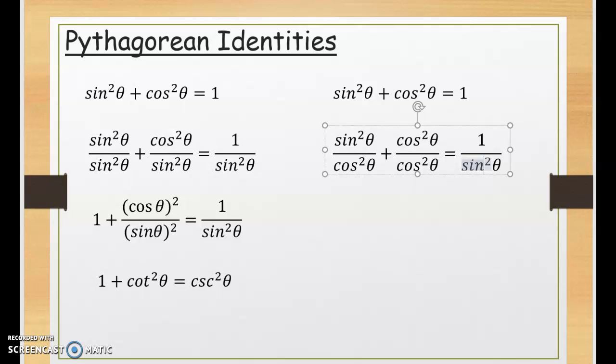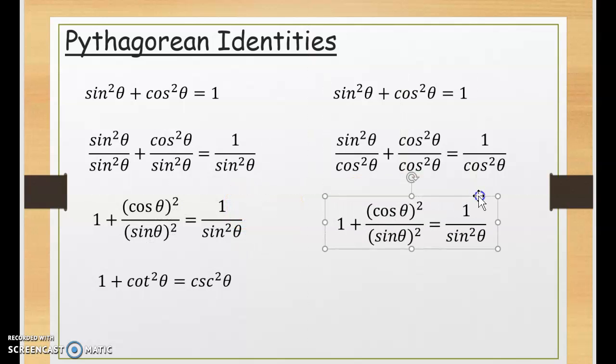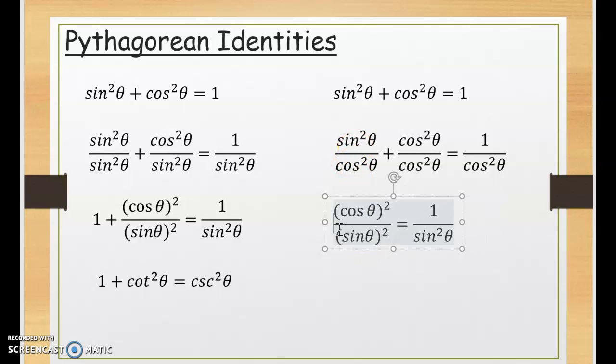Okay, so I'm going to do that right now. So let's see. Ooh, my square went away. Okay, hold on. Okay, so if we remember our reciprocal and ratio identities, okay, so sine squared theta